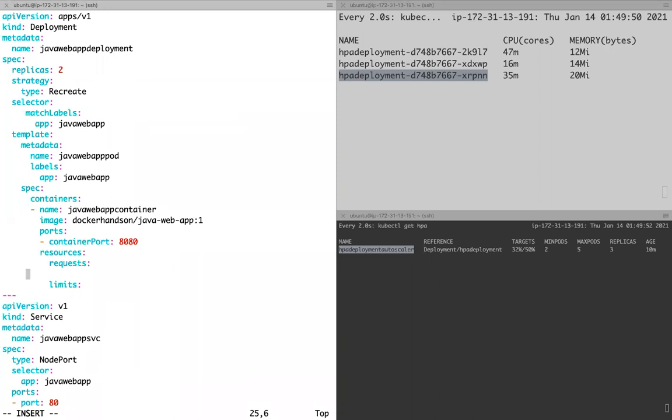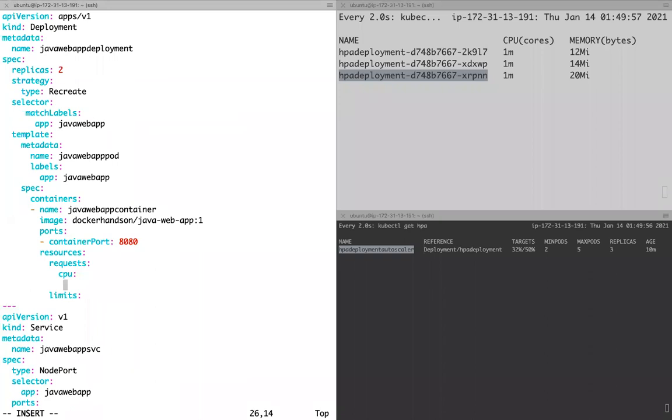So under requests, I can define memory. Guys, I am looking for 1 GB minimum. Will my pods be able to be scheduled? If I say minimum memory is 1 GB, is this pod going to be scheduled? CPU, let me say maybe 100 millicore or maybe 500 millicore.